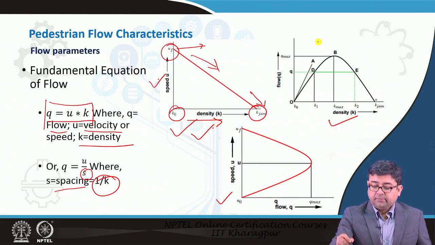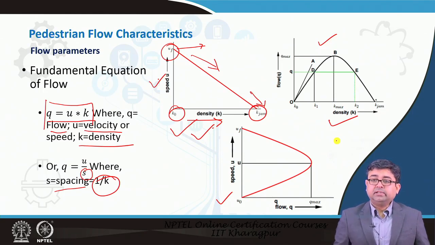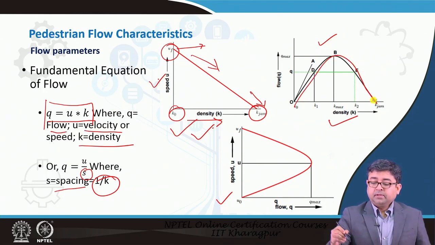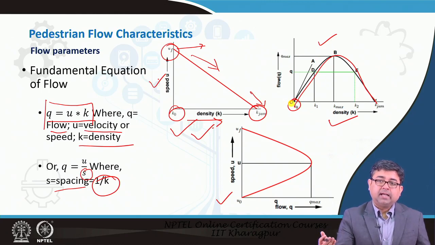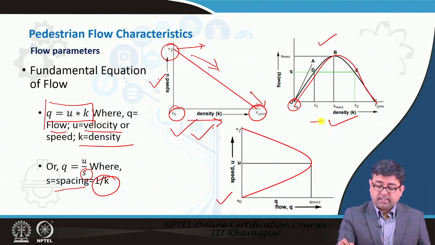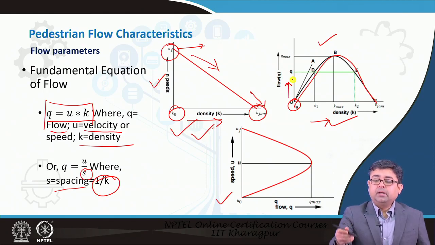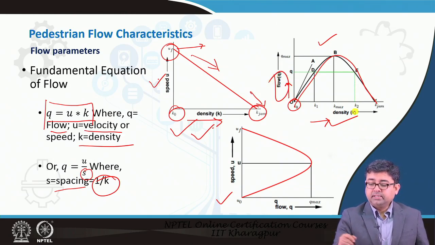Now, when you look at flow and density, you start to see that it is a parabola. So, when there is no density, automatically means there is no flow, there are no people at that point in time that are walking on the street. As density starts picking up, flow also starts picking up, right. So, as more and more people start moving, there are more and more people moving per minute, right. We will see what the flow units are, what the density units are in a little while.